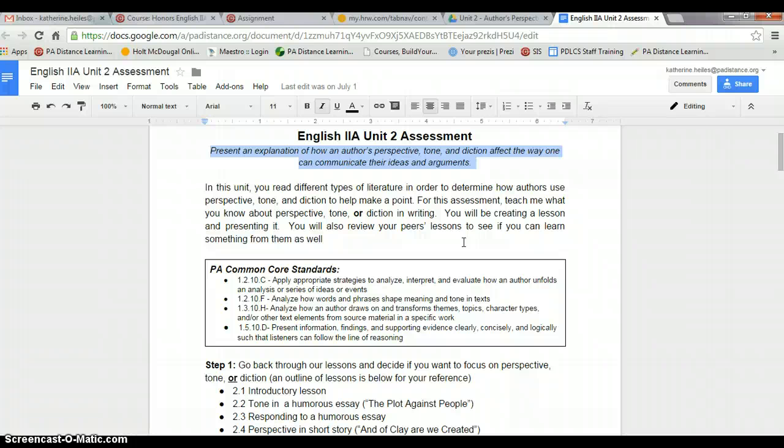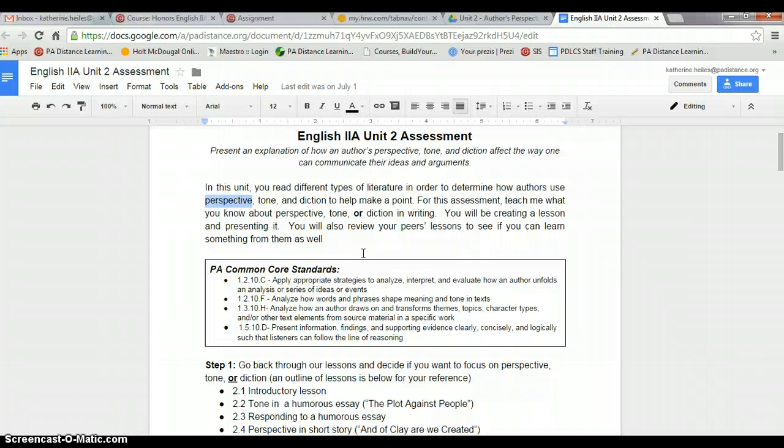background experiences. So their ideas, their beliefs, their values are going to affect the way that they view a subject. So if they're going to be writing about a subject, and we're just going to stick with Martin Luther King Jr. because that's one of the more recent things that you've read with Letter from Birmingham Jail, his perspective is that he is against segregation and he wants civil rights to happen. That is his belief about civil rights. He wants civil rights and equality for all.